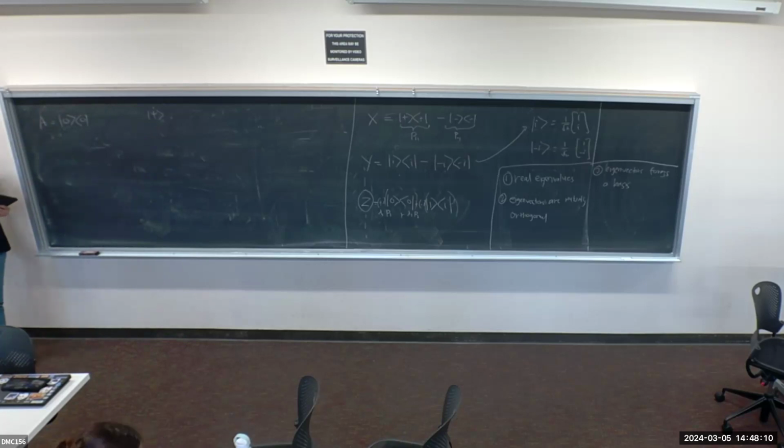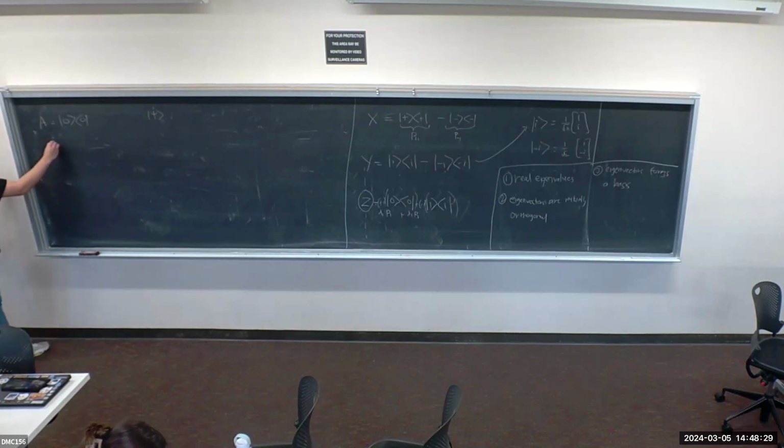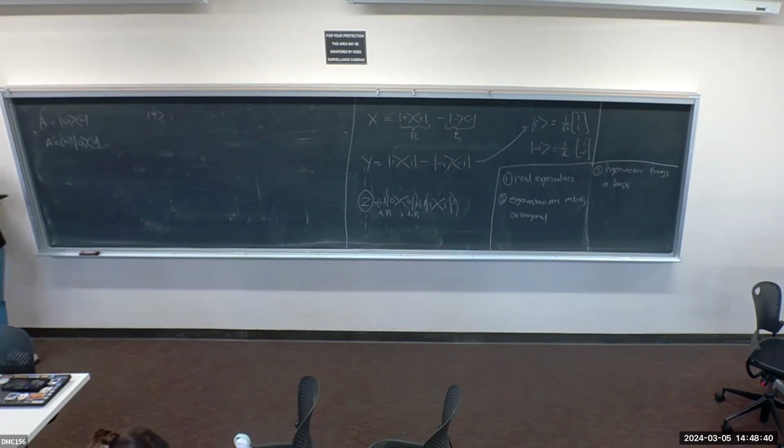To calculate the measurement operators, we need to first get the spectral decomposition. Is it already in the spectral decomposition form? It looks like it. A equals eigenvalue 1 times the outer product 0 0, which is your eigenvector. It looks like a spectral decomposition, but